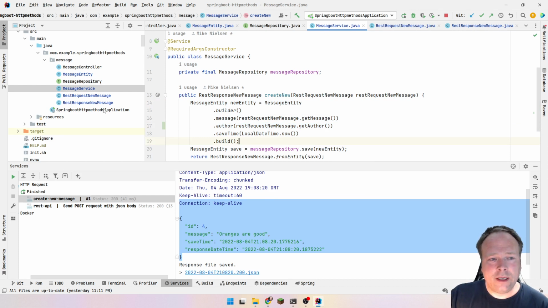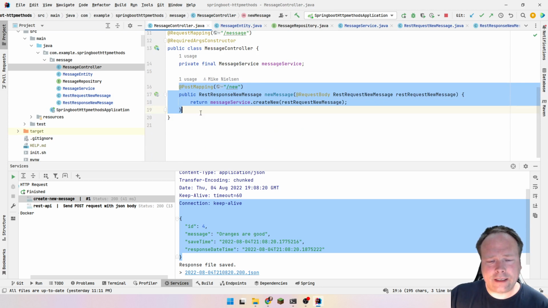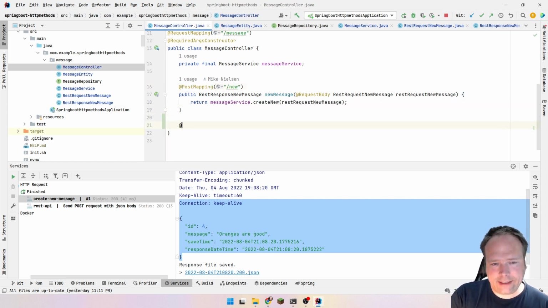along with the message. Remember yesterday we were looking at the HTTP methods, that's what was in focus. The post mapping is for when you want to create a new object. It is also for when you are triggering some action that has side effects, then you also use the post mapping. If you want to update something, then you use the put mapping, and that is exactly what we want to